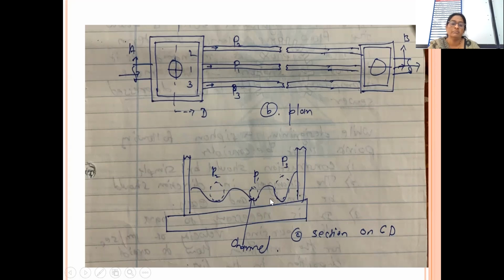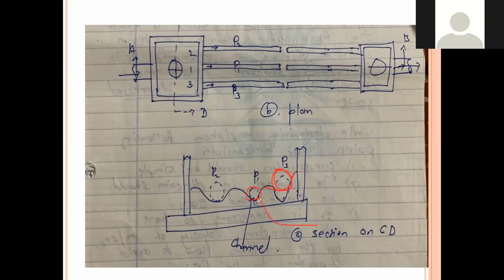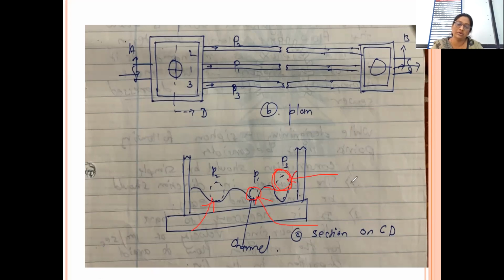Okay, we can manage. Here you can see P1 is at the low level, P2 is at the high level, but P3 is also at the low level. Instead of that, you can go for this way design. You can go for P2, P3 at this height. So here P3 will be provided. Though the diameter of the P3 will be more, P1 diameter is smaller and it is provided at the lower level. Means when there is less quantity of sewage, only P1 pipe will come into function. When quantity of sewage increases, P2 pipe will come into function, and subsequently P3 will come into function.